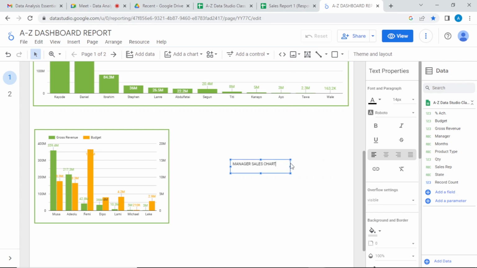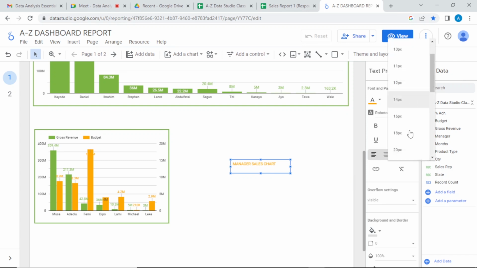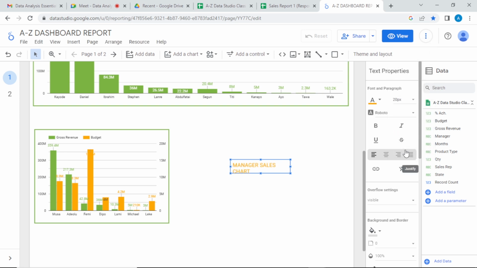So let's give it color, let's give it our color, let's give it the other color, then let's increase the boldness, then middle bold,